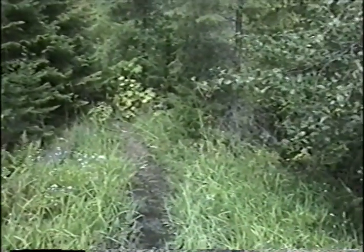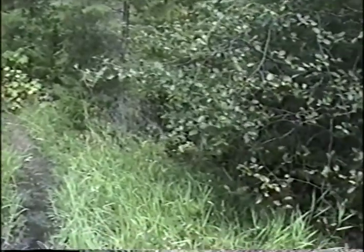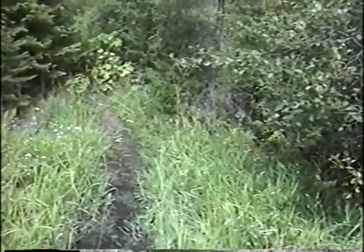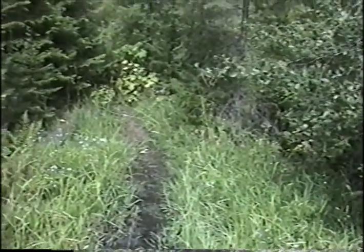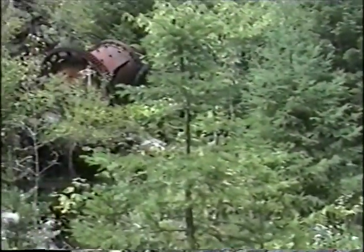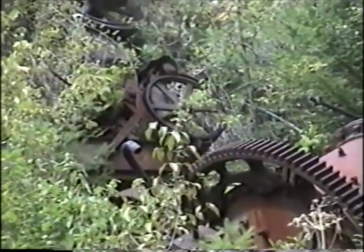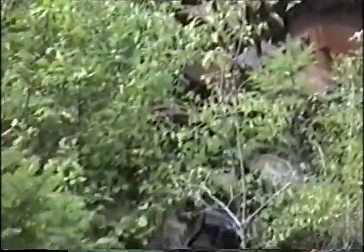This is the trail going up Fitz Creek. We can hear the creek in the background there. It's very brushy in here. You can't hardly see where the creek is, but the trail's kind of boggy in this location. And you see probably a ball mill that broke open and came down the slope, and various other bits and